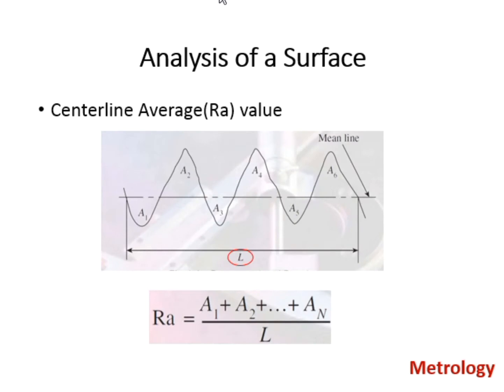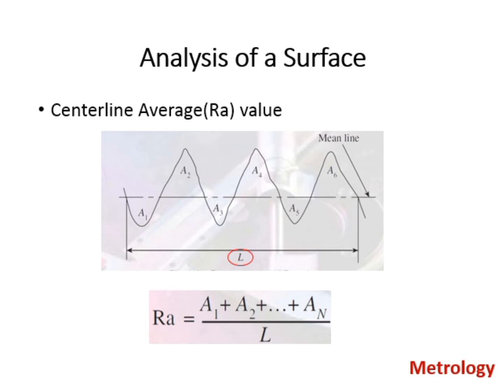Surface roughness is a component of surface texture. It is quantified by deviations from the ideal surface. If these deviations are large, the surface is rough, and if they are small, the surface is smooth. There are many parameters to measure surface roughness. The Ra value is the main quantitative measure of surface roughness.